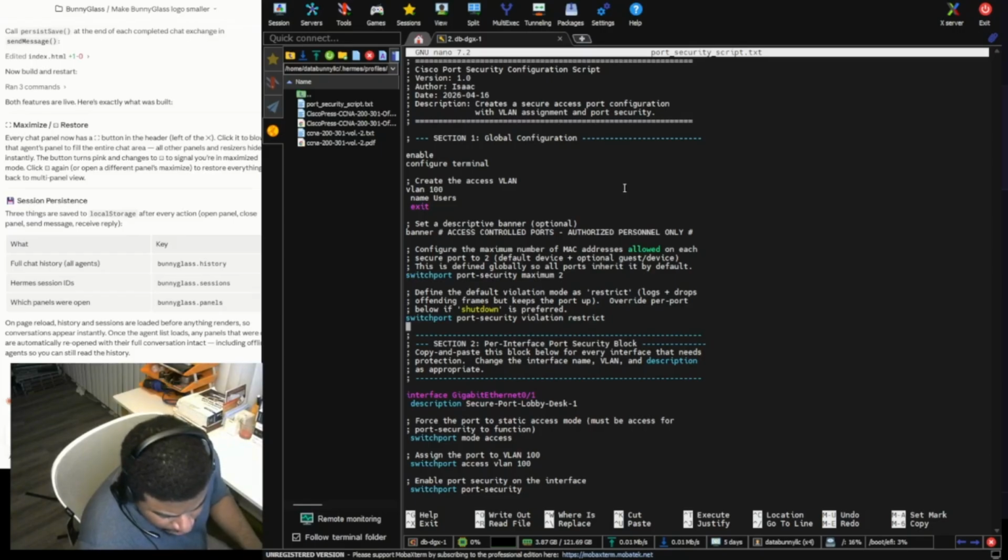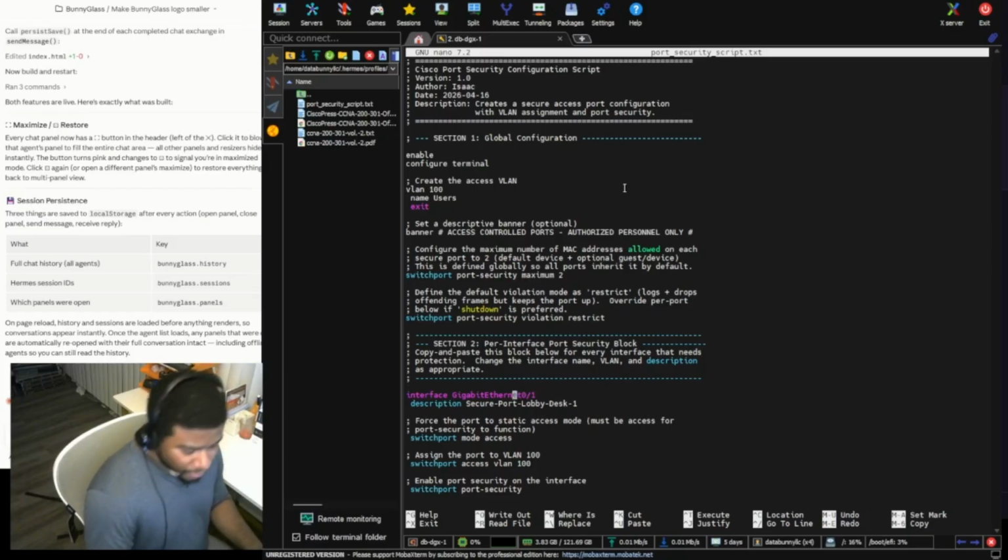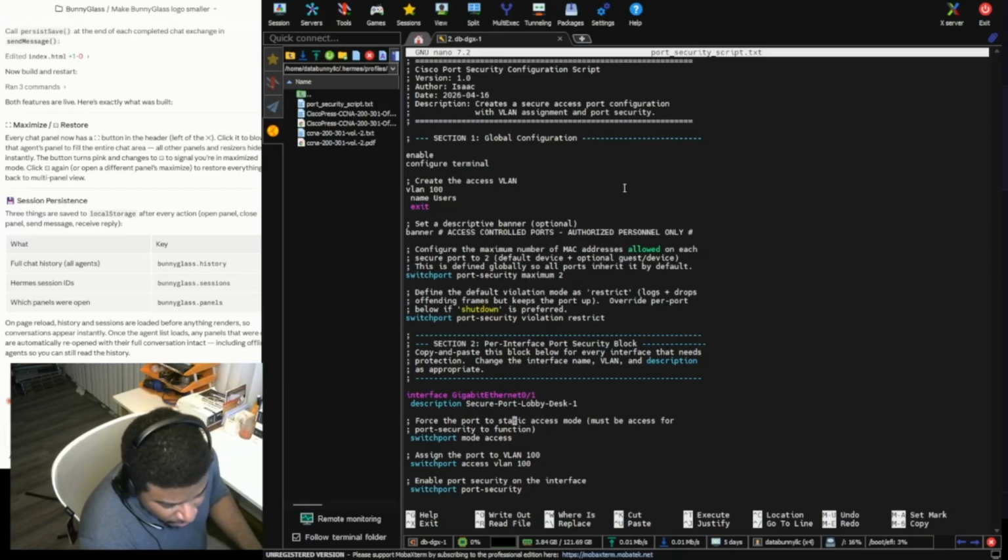Okay. And then we've got section 2, the per interface port security block. Copy and paste this block below for every interface that needs protection. Change the interface name, VLAN, and description as appropriate. So this is interface GigabitEthernet 0/1. Description: secure port lobby desk. Force the port to static access mode, which must be set for port security to function. Switchport mode access. We've got switchport access